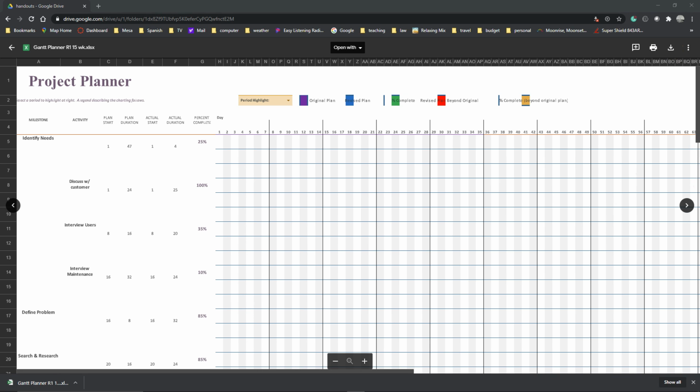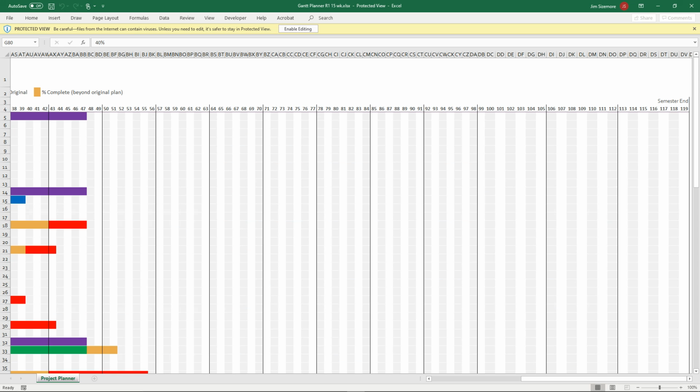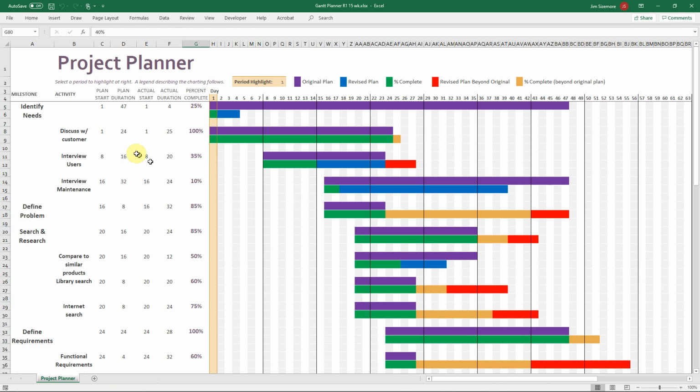Okay, it's downloaded. Now we open it. Okay, let's enable editing so we can take a look at things. Come on, enable editing. Slow computers. Okay. And I don't want to be way over here. I want to scroll to the far left. There we are. Now, this is the project that you saw